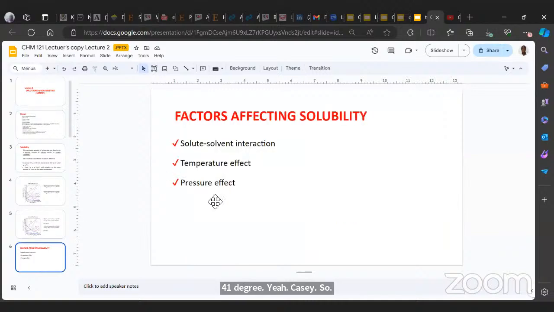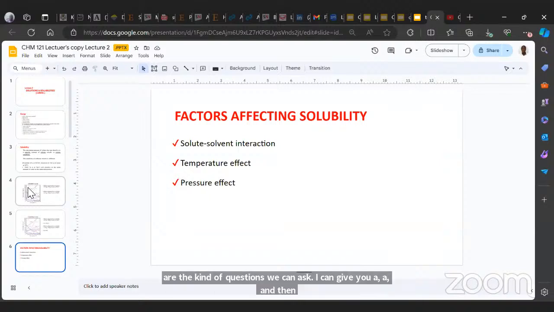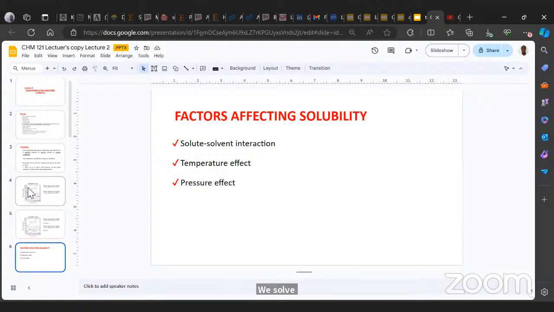So certain factors affect the solubility of solutes. Number one, I need you to take note of this in your notes: solute-solvent interaction, temperature and pressure. You know your exam is OBJ. These are the kind of questions we can ask. I can give you a solubility curve and tell you to predict the solubility of a specific salt at a specific temperature. I can tell you to define